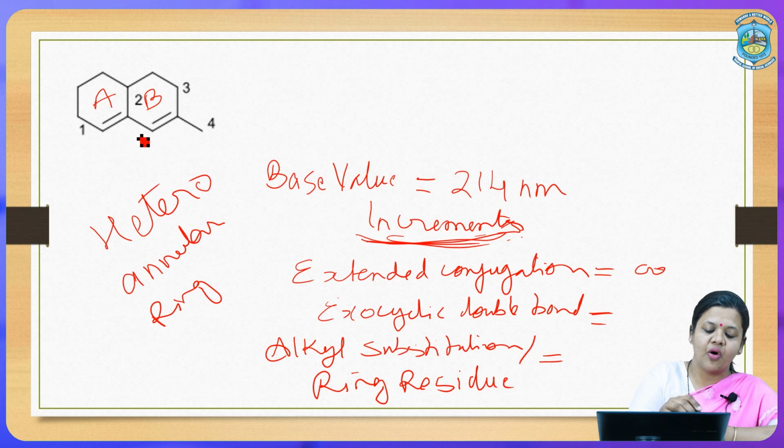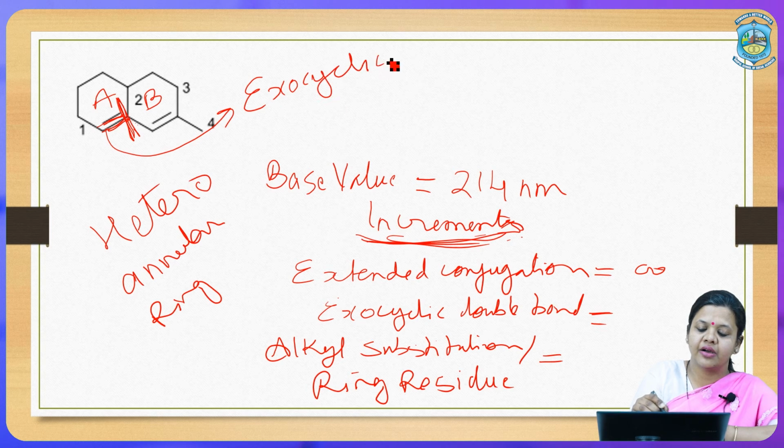Is there any bond which is perpendicular to ring A? No, there is a bond, but it is at a distance away from it, so it is not exocyclic. Now, let us see for ring B. Is there any bond which is perpendicular? Yes, this bond which is present over here is perpendicular to ring B. So, this is